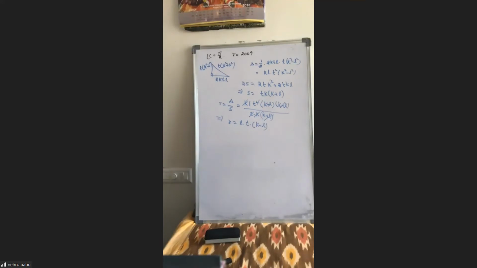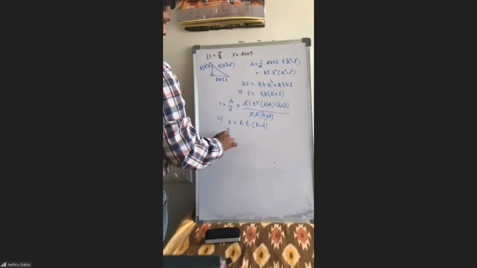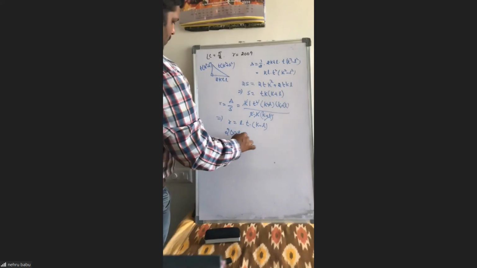Correct? Sir. Now here what are you doing? Sir, we can find the number of integral solutions for different values of l and t. Correspondingly, we can take k. k will come automatically if we take l and t. Okay. But sir, why should l and t be integers? That is only my doubt, sir. Why should they be integers? No, it need not be an integer. That's what you're saying.